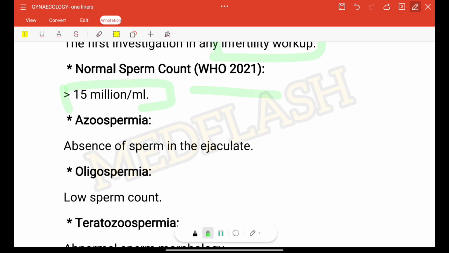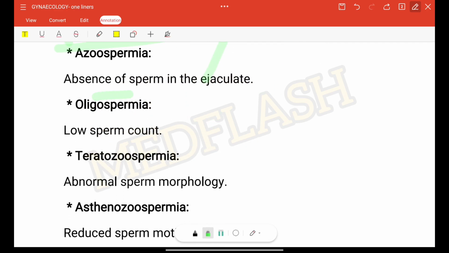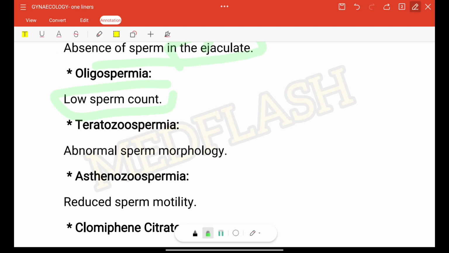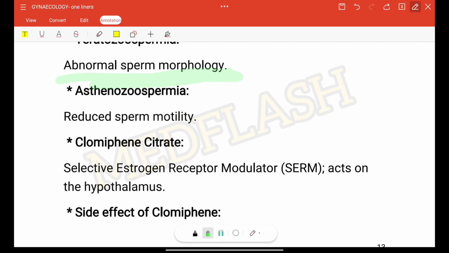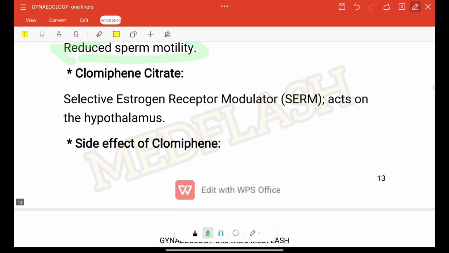Azoospermia: absence of sperm in the ejaculate. Oligospermia: low sperm count. Teratozoospermia: abnormal sperm morphology. Asthenozoospermia: reduced sperm motility. Clomiphene citrate, a selective estrogen receptor modulator, acts on the hypothalamus. Side effect of clomiphene is multiple pregnancy,